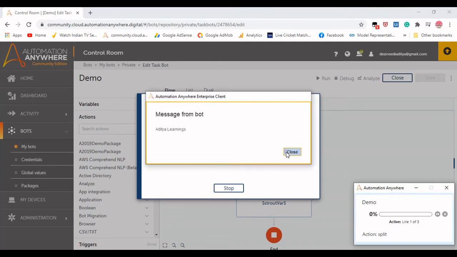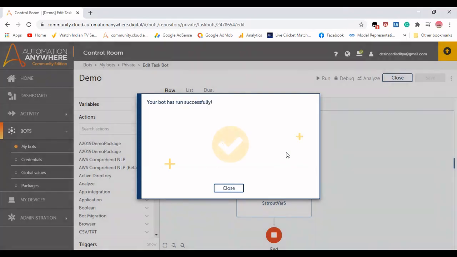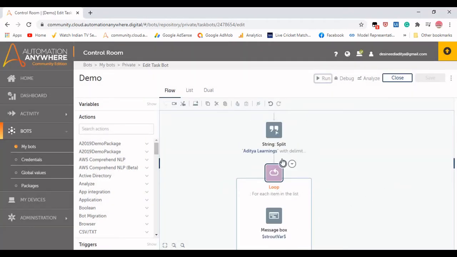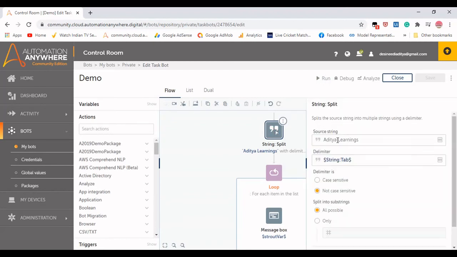Now it will go to the loop, which is Aditya learnings, but it has not shown me that particular string. So here I think we will split this particular string with a comma now, without the tab.